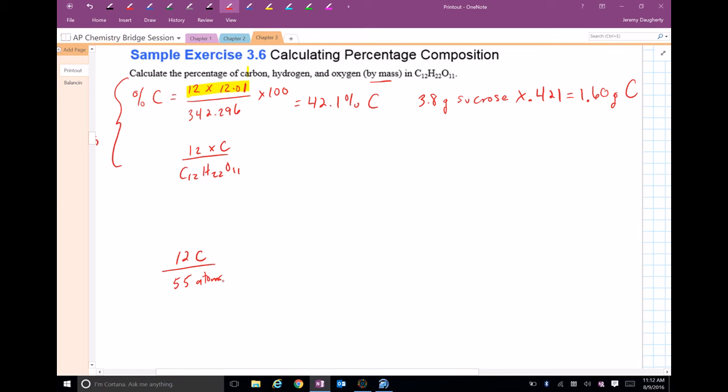And I got the 55 by taking 12 plus 22 plus 11. And then times 100. And that's going to be percent of carbon by moles. So I get like 21.8%